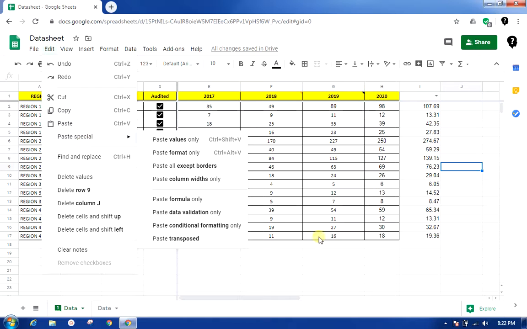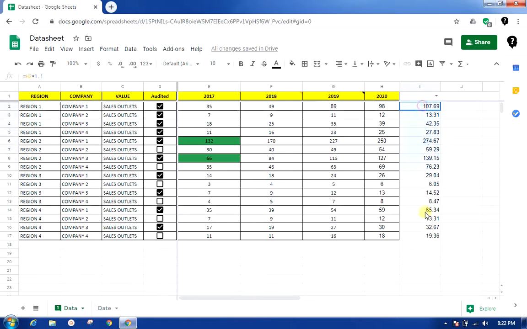Next is data validation only. So data validation is nothing but the constraints on populating the data into a particular cell or a range of cells. Okay, so whenever there is a drop down, it means that cell or range of cells has a data validation. I can't put any different value in this data validation.